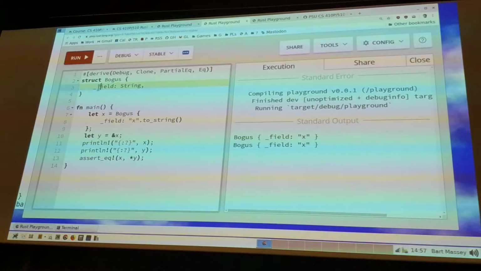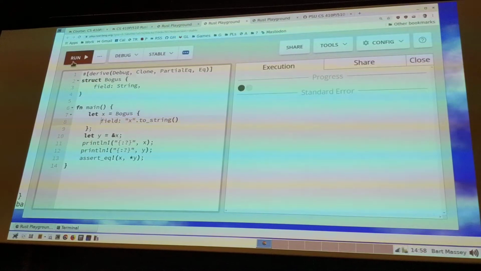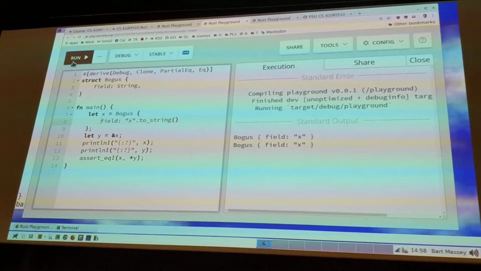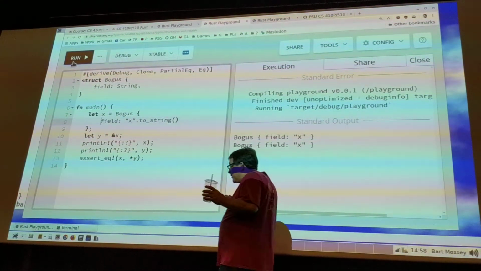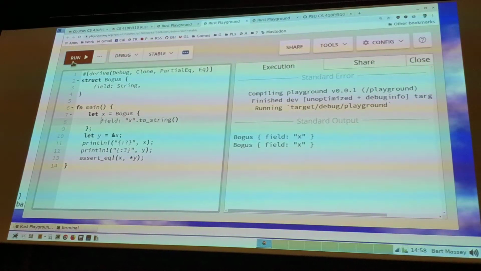Let's find out. By the way, field is a terrible field name. You should never name things like that. Doesn't println use it? Good question. I don't know. Oh yeah, it's perfectly happy. Never mind. There, I feel better now. So that is a very, very short form ownership tutorial.